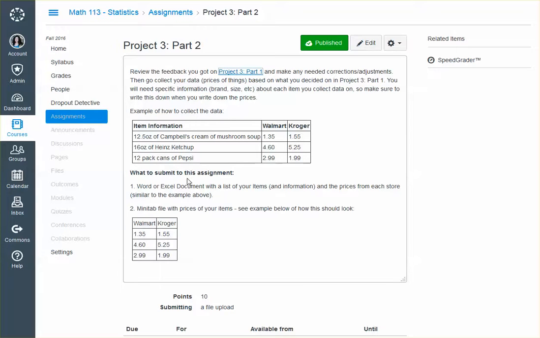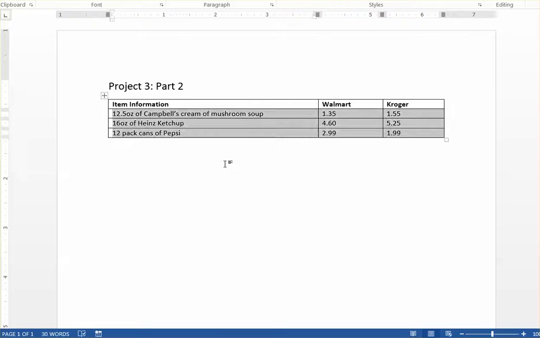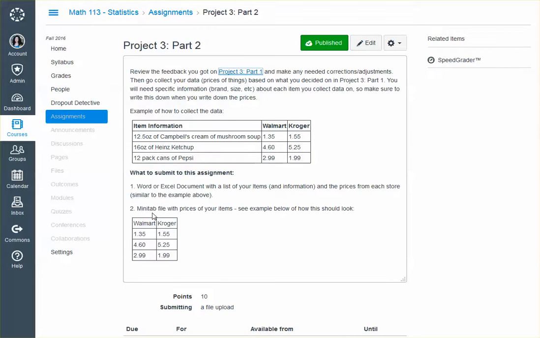So then what you actually submit to this assignment. Now this is important. You actually have to submit 2 things. The first is the Word or Excel document with your list of items and information. So literally it would be this, but with that information. So you literally need to submit a Word document or Excel document with this exact information and your prices. So that's the first part. Then the second part is your Minitab file with the prices of your items